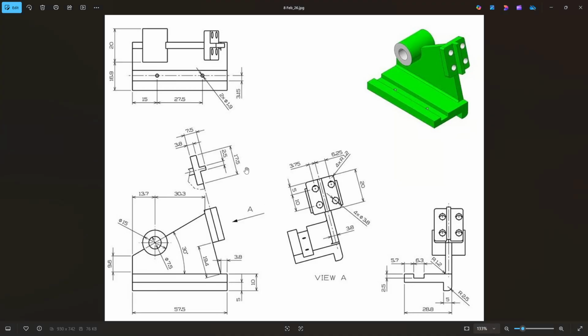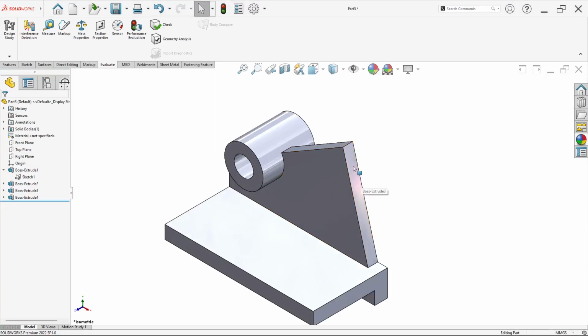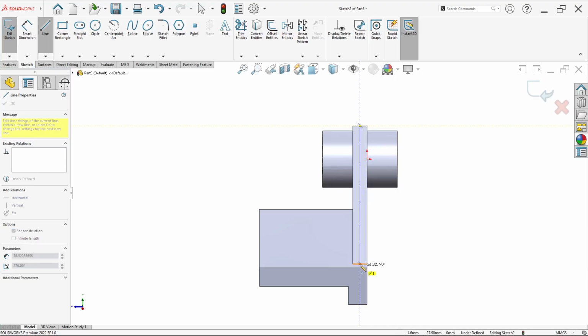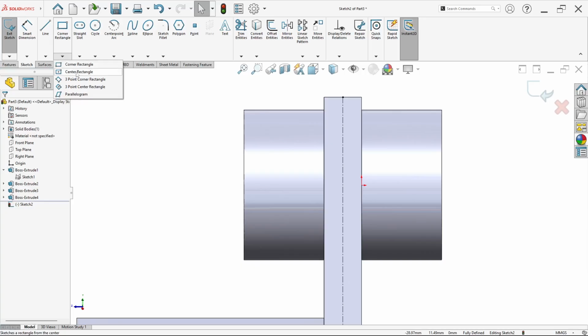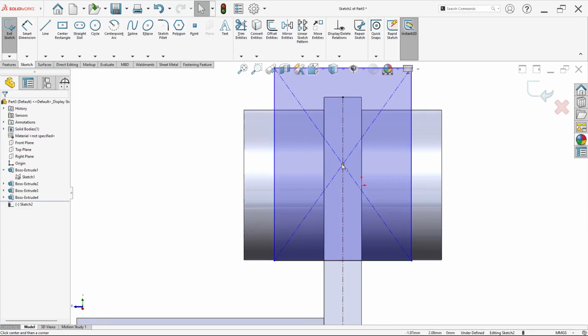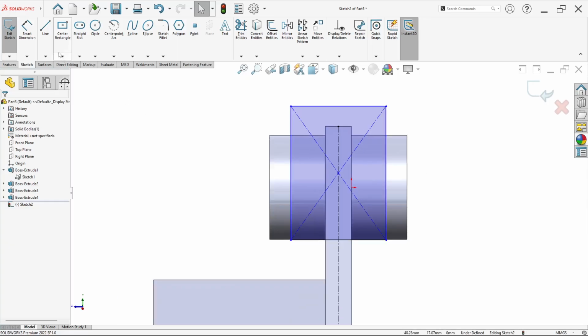Okay, and then we can make the sloped part in here. Right click on this face and click sketch. We can draw a center line from this midpoint to this, and draw a center rectangle from here to here. Ensure this point, click Ctrl and select this center line, then click make coincident.